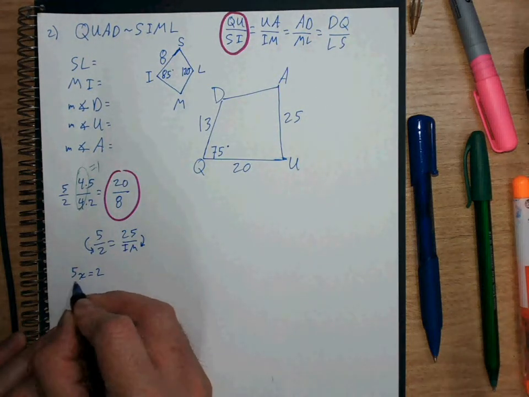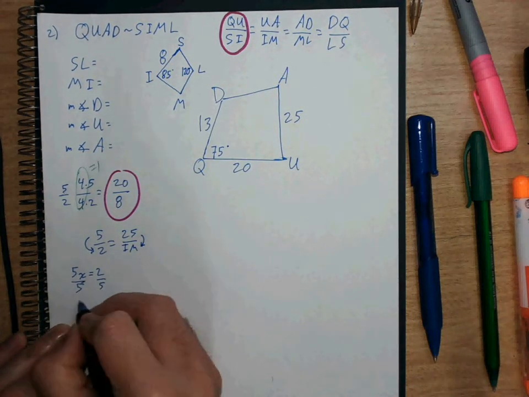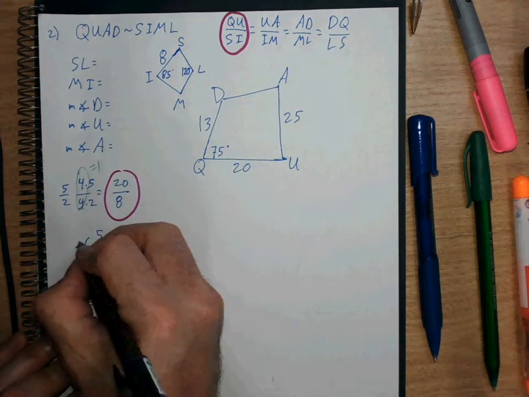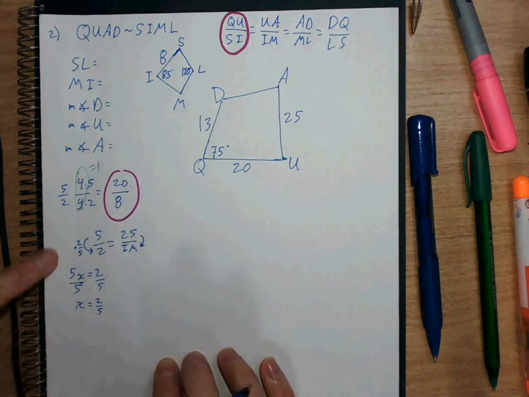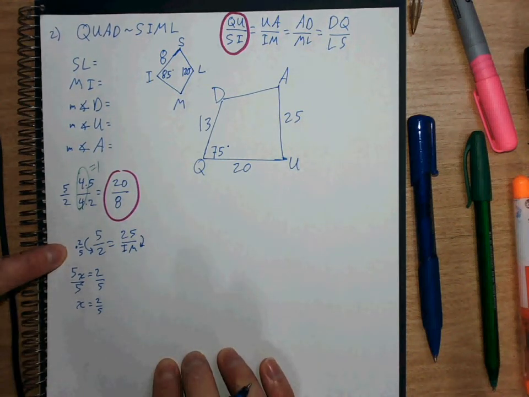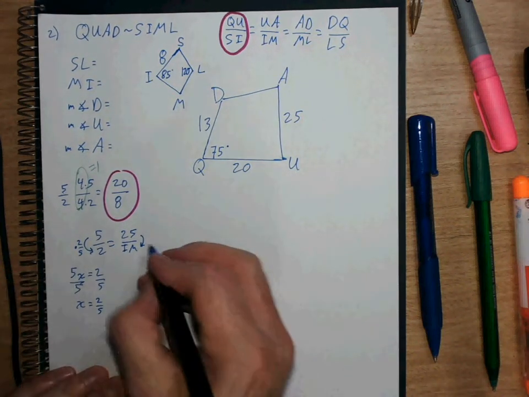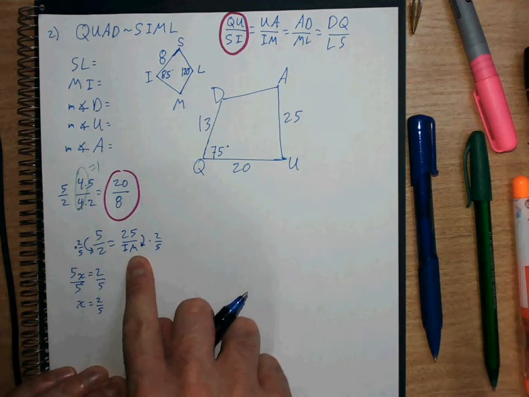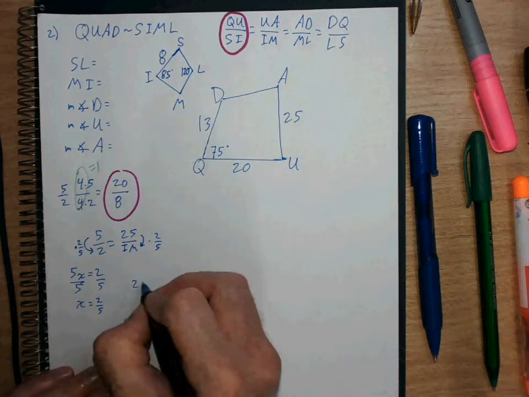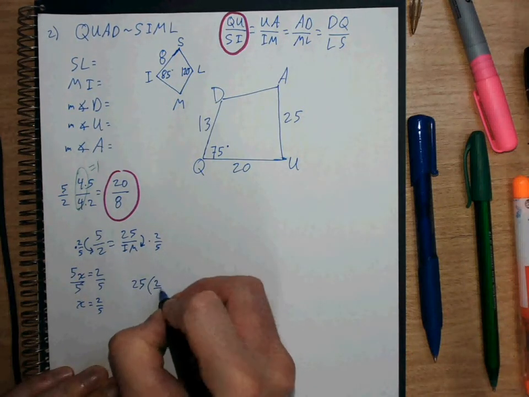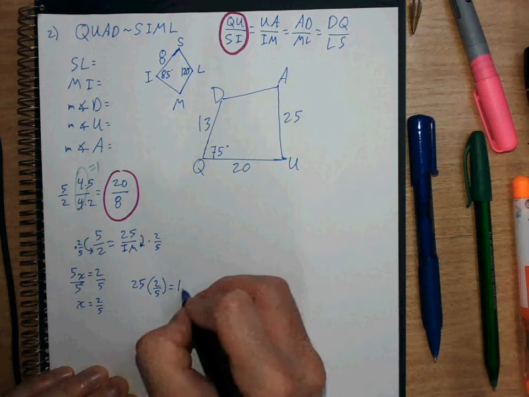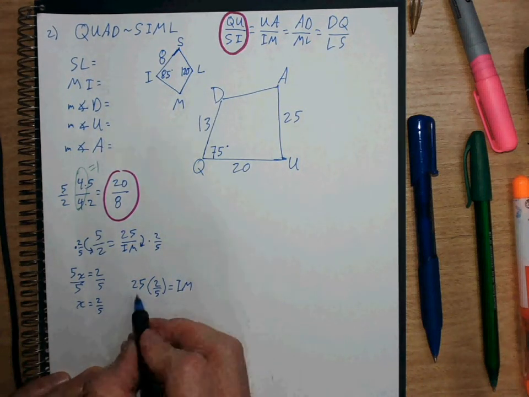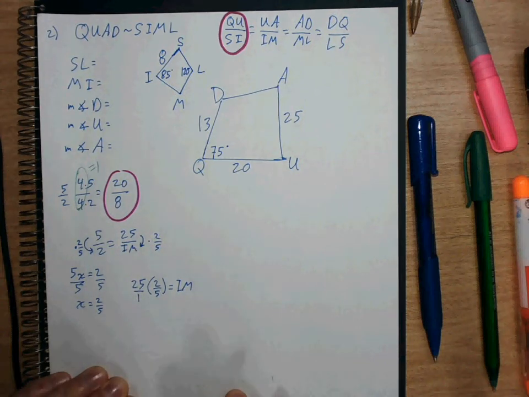So to solve for x, divide both sides by 5. X is 2 over 5. So 5 times 2 over 5 is 2. So 25 times 2 over 5 is what IM is. Alright? So I need to solve this. 25 is the same as 25 over 1. So